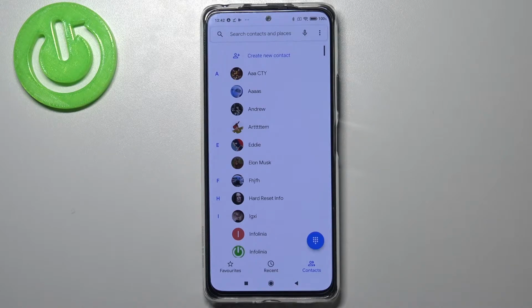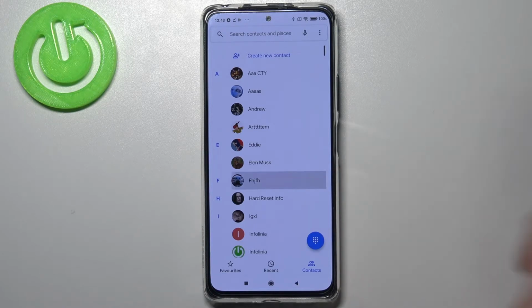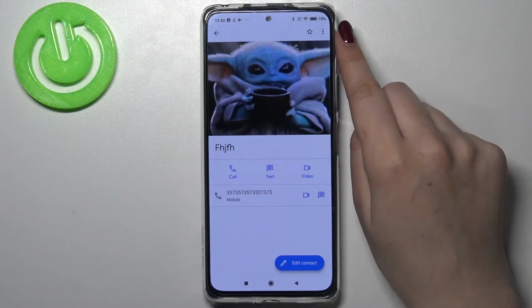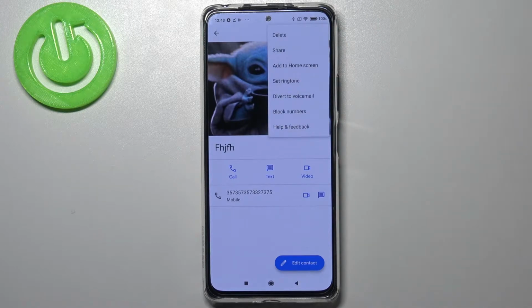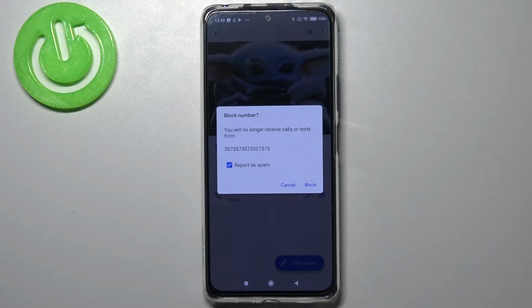It is using your contact list, so we can block the number which is currently saved. So just find a contact you would like to block and tap on it. And here we have to choose this three dots icon in the right upper corner. As you can see here, we've got the block numbers option, so simply tap on it and your device will ask you if you really want to block a number, because you will no longer receive any incoming calls or